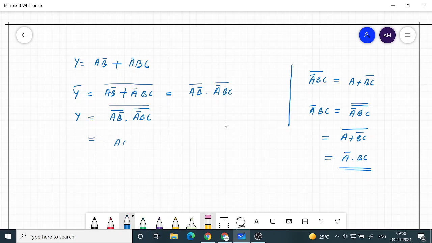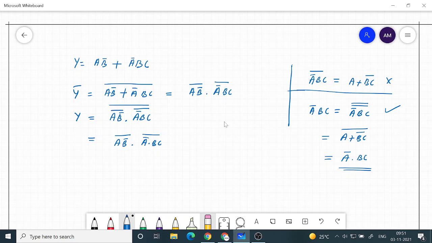So the first term, that is (a b bar) the whole bar, is okay. Then the second term, I will write it as (a bar dot bc) the whole bar. So I am not preferring this, I am preferring this. I took a bar bc and put a double bar, which will not change anything.